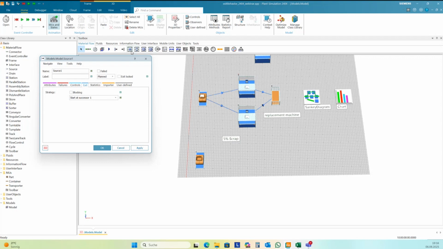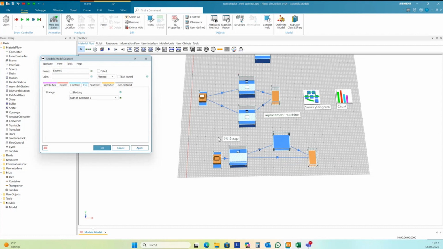I have a station. And at the end of the station, I need to mark 5% as scrap. And I need here a buffer and a drain. And now I connect first the drain, and then I connect the buffer and the buffer with the drain.